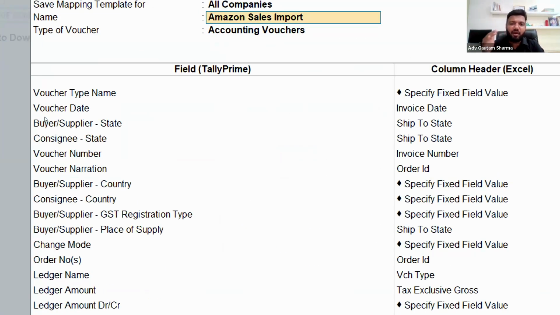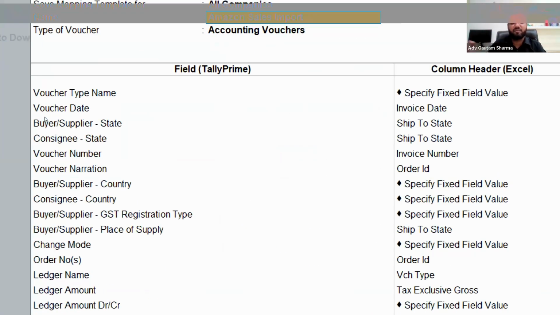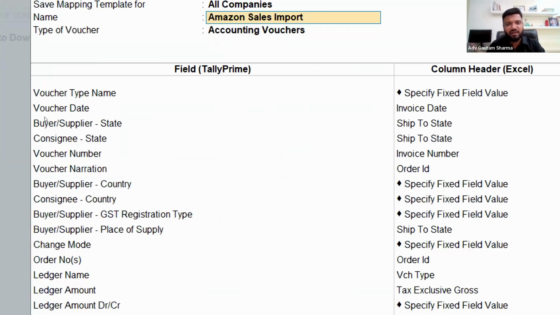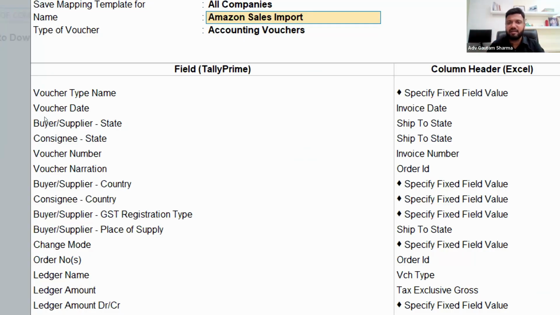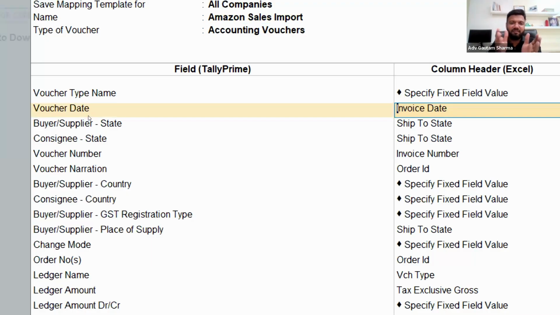In my Excel, I had a lot of headers, a lot of columns, where I had my voucher type name, my voucher date, reference date, buyer supplier state details, voucher number details, voucher narration, stock item name, consignee address, amount, GST rate. A lot of things were there. For each column, there were some header names. So whatever header names are there, one by one you have to